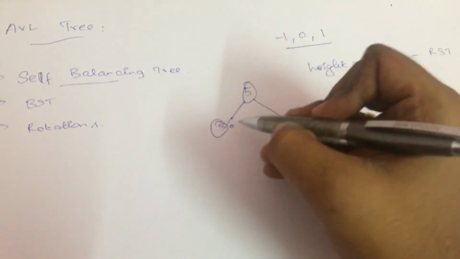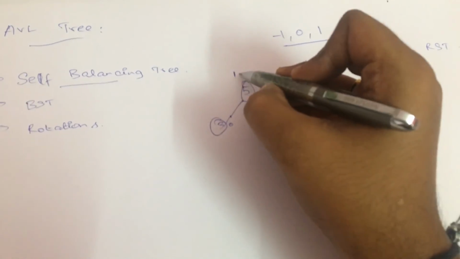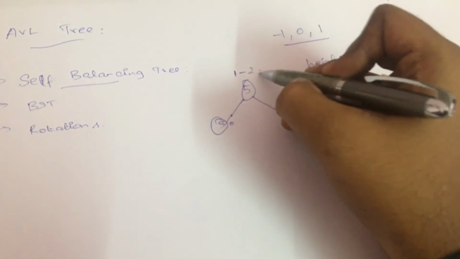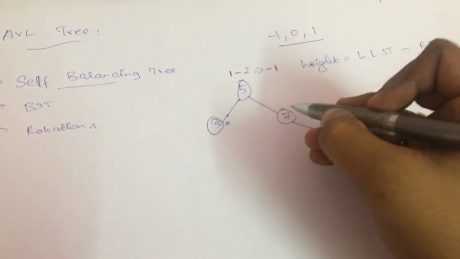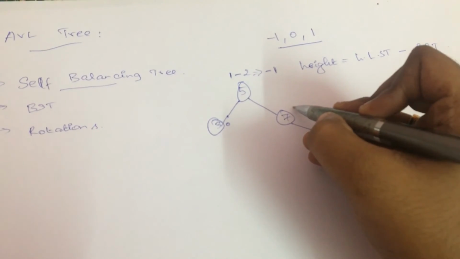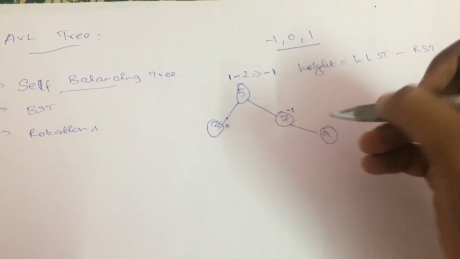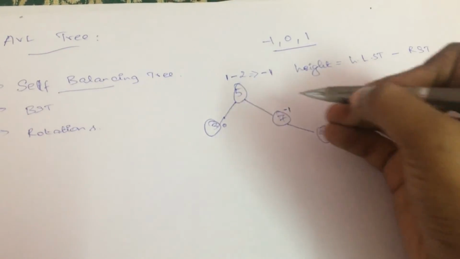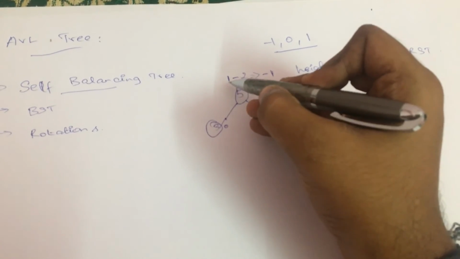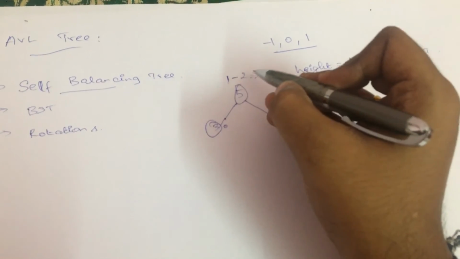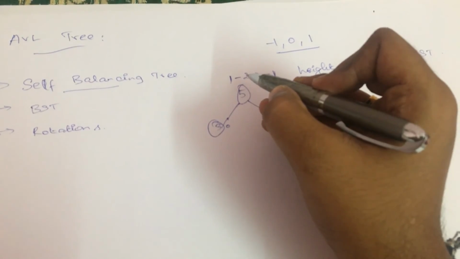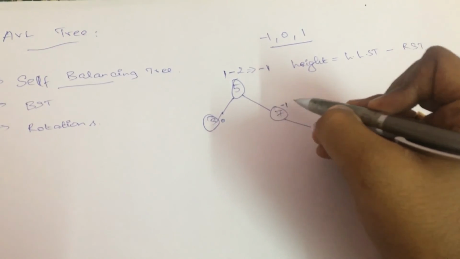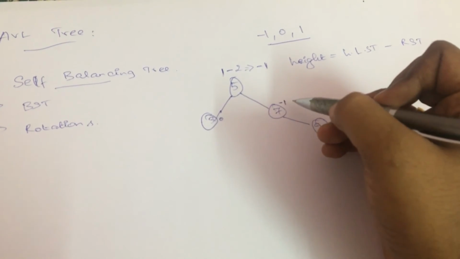So here in the left subtree, I have the maximum height as 1, minus, what about the right subtree? 1 plus 1, it is going to be 2. So 1 minus 2 gives us minus 1 over here. Same way, if I calculate for 7, it is going to be minus 1, and for 9 it is going to be 0, right? So why do we get minus 1 and minus 1 over here? Because the height of the left subtree is just 1 over here, and the height of the right subtree is 2, so it should be subtracted for each and every value. So we are getting a negative value over here, and same way here it is like 0 minus 1, so at last our value will be minus 1 itself.